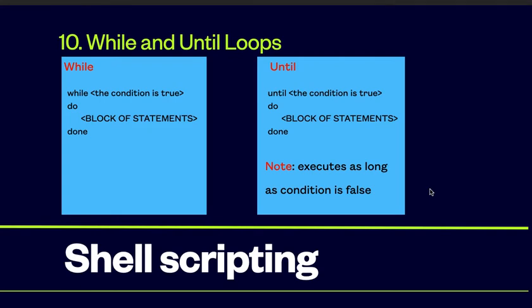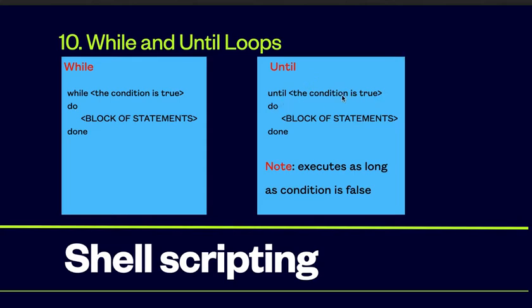Hello friends. So in this session we are going to learn about the while and until loops. So the syntax is shown here, while, and then we'll put a condition. So until that condition is true, the block of statements after do will be executed, and the while block we end with done. There is a similar syntax for until, and even it looks that the until the condition is